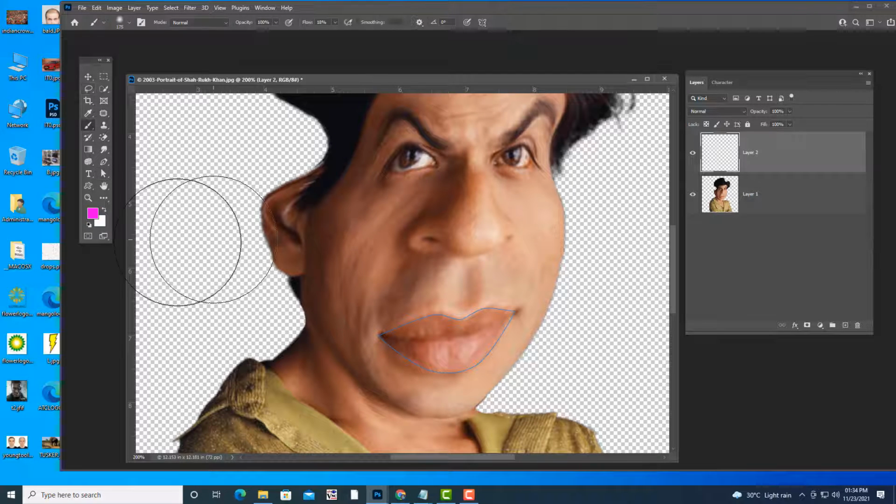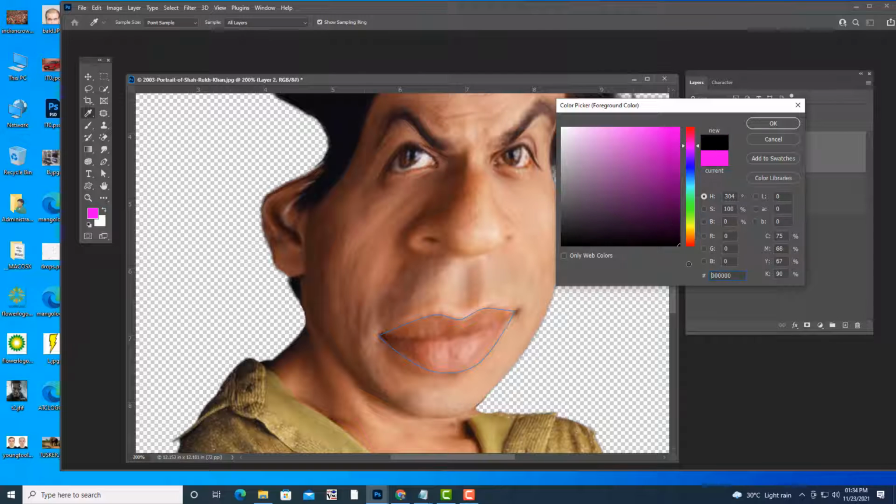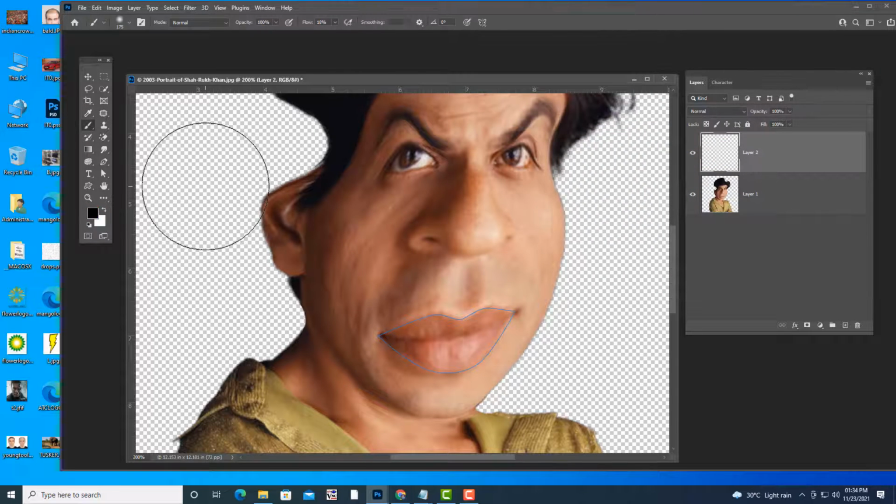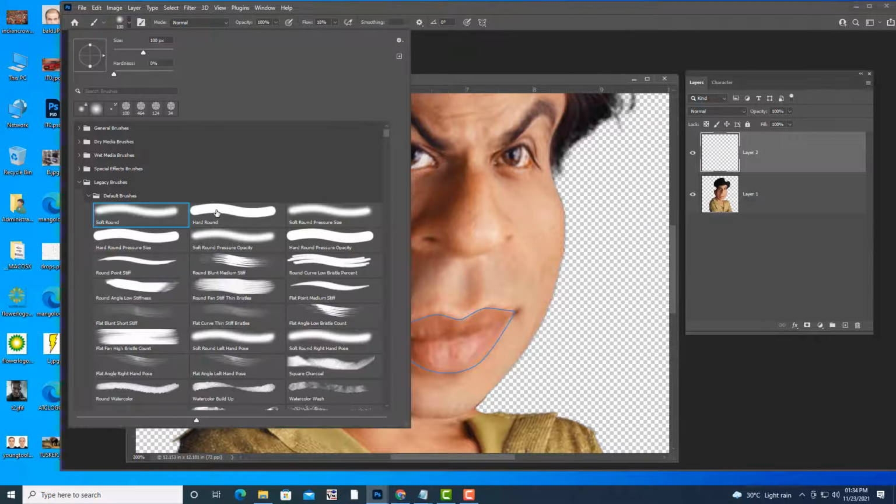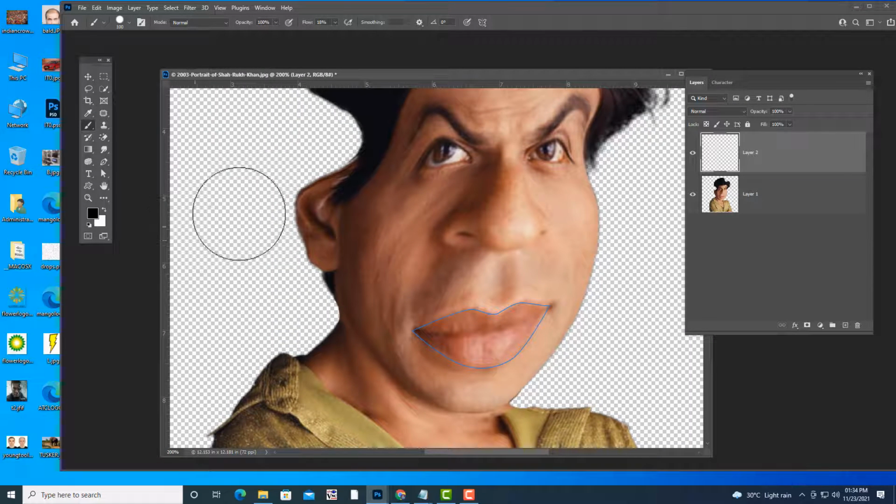So see here, we'll use this one, hard round brush. We'll convert this path to a brush stroke. We'll increase the flow. And then, as I told you, see how to get a stroke which has thickness in the middle and sharpness at the edges.